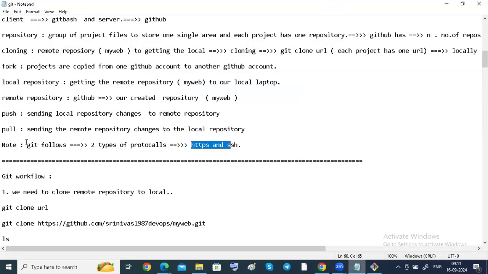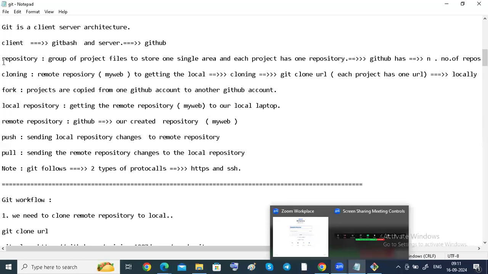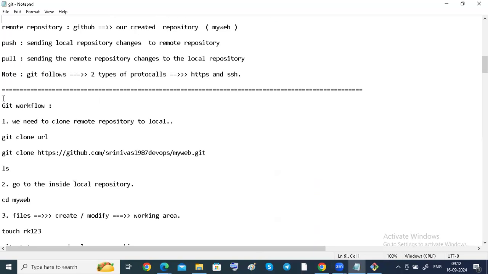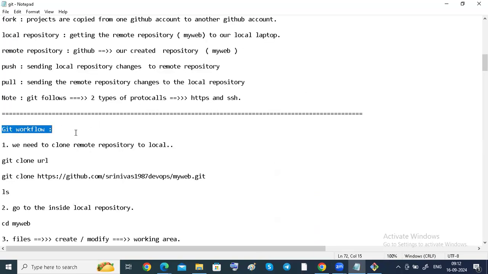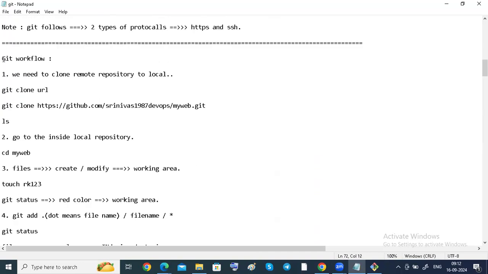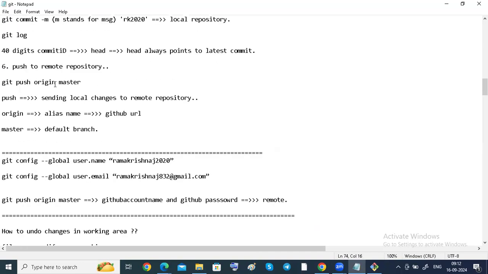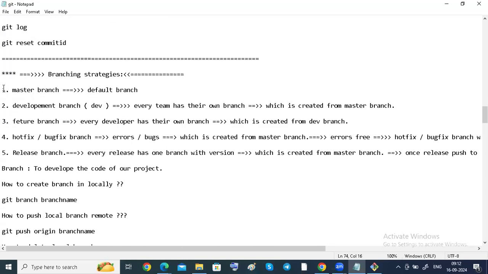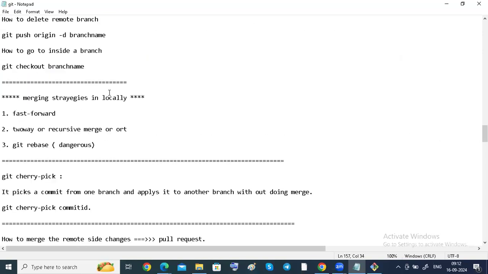Tomorrow we are going to discuss all these things practically. Today we already saw git cloning and git fork, and what a local repository and remote repository are. But tomorrow I will show you again fully, using the Git workflow, because there is a set of rules and regulations that we want to follow. Then I will explain how the Git workflow works, how we push the data, what the undo changes are, and after that the branching strategies also.